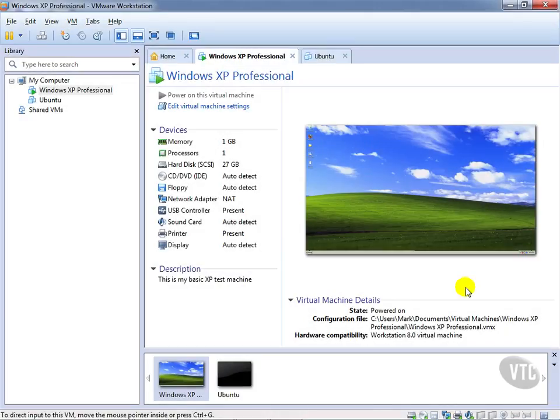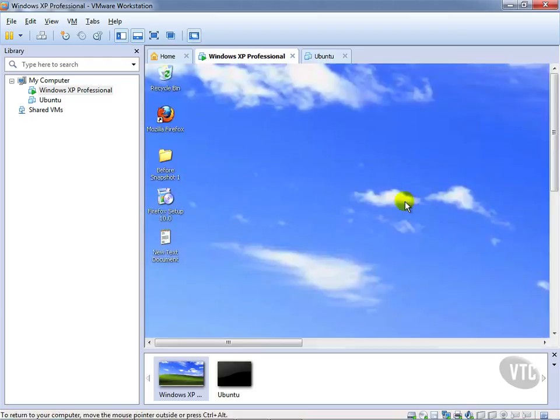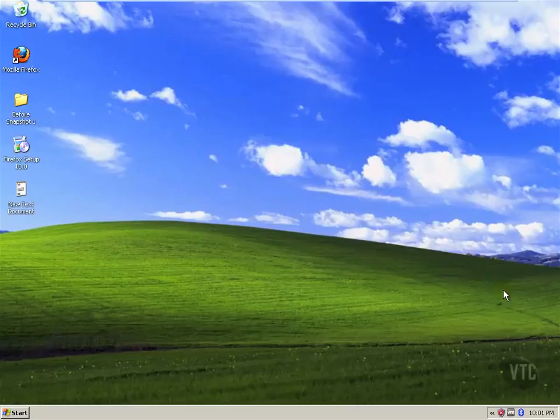Now let's talk about how to go through the process of adding an additional network adapter to a virtual machine. I am going to add a second adapter to this XP Professional virtual machine. And the reason I want to show you this is because there are going to be times when you're working